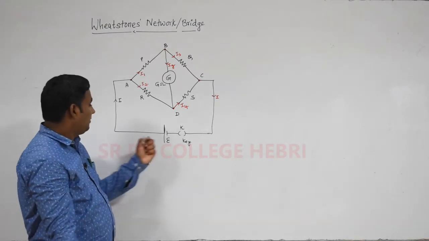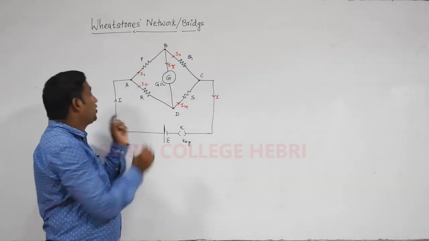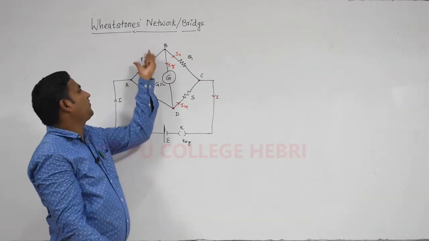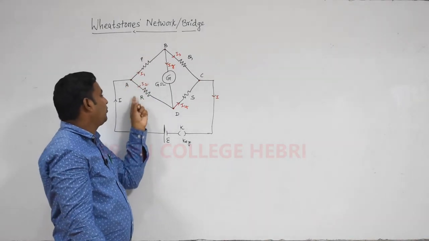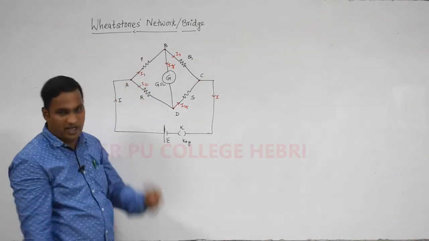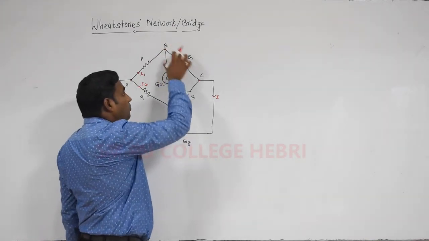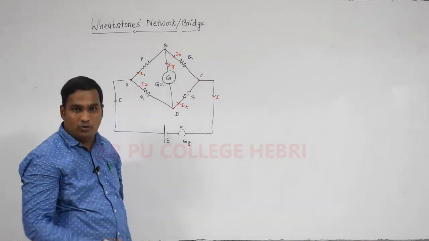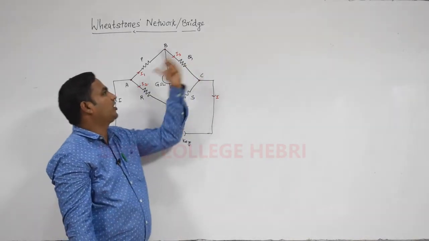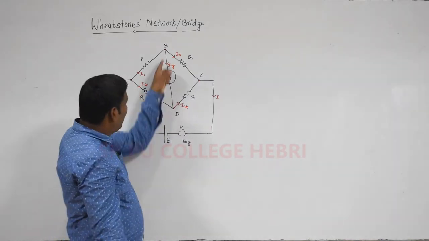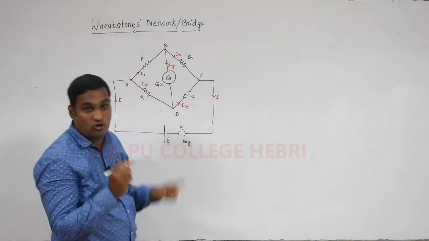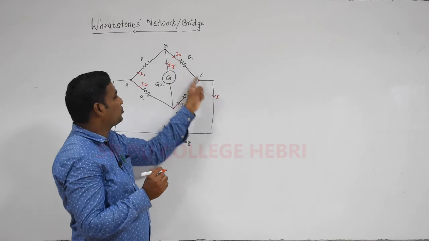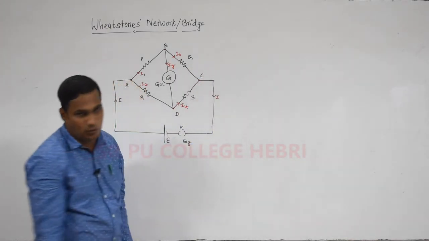Dear student, here the main current coming from the cell is I. It reaches point A. I already told you it is divided into how many branches? Two branches. One is current flowing through a resistor P, and the other is current flowing through a resistor R, that we call I1 and I2. I1 reaching point B is divided into two branches. We call them I3 and IG. Here IG is the current flowing through a galvanometer. I3 is the current flowing through a resistor Q. Again here I2 and IG reach point D. We call it node or junction D. It becomes a current I4 and reaches point C. I3 also reaches point C. Together we get the current equal to I.